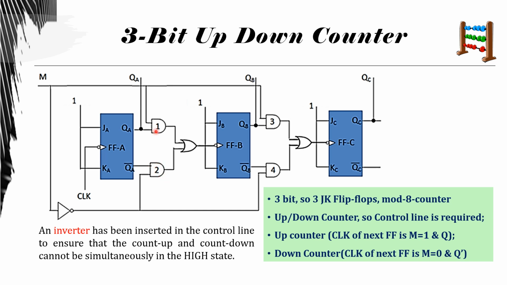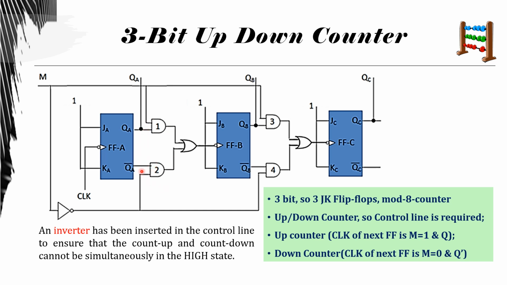Either of these two options will be done. That means either it can perform the up counting or it can perform the down counting. So we are making use of an OR gate. Either of these operations will be performed and that one will be connected as the clock input of the next flip-flop. To the first AND gate, the inputs are the mode control line, which should be equal to 1, and the Q value. This AND gate denotes the up operation.